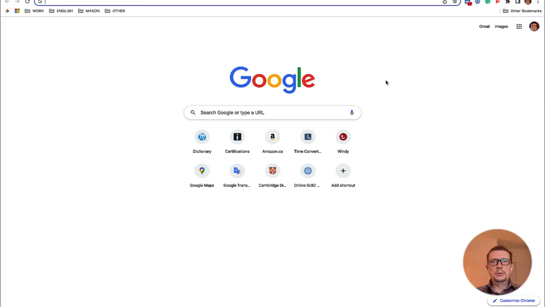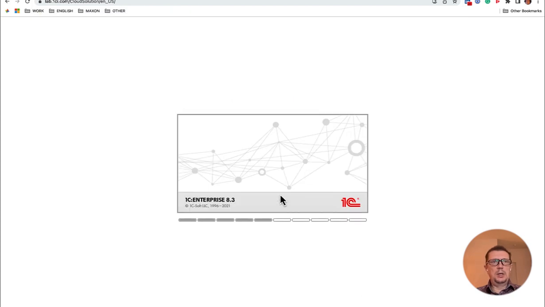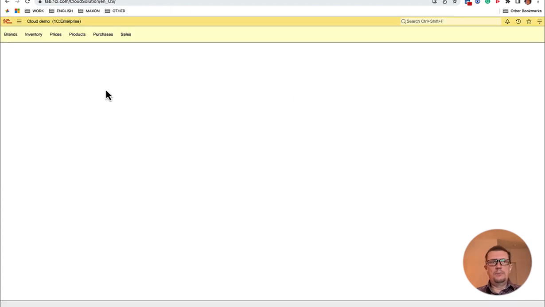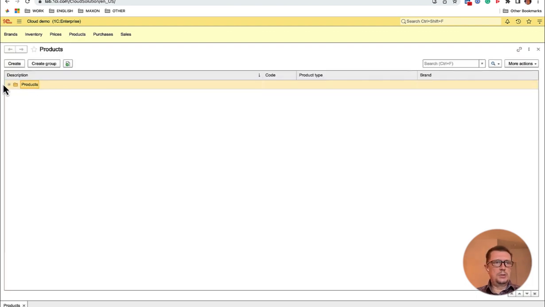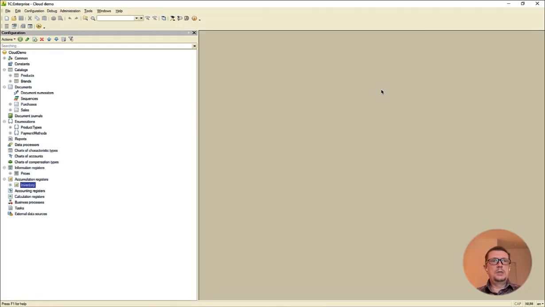Now I can open the browser window, type in the name of my application, its URL, and my application is instantly available from the internet. And as you can see, its interface is pretty much the same as the one that we saw with the native client. So this is all good stuff. But is this enough? No, not even close.